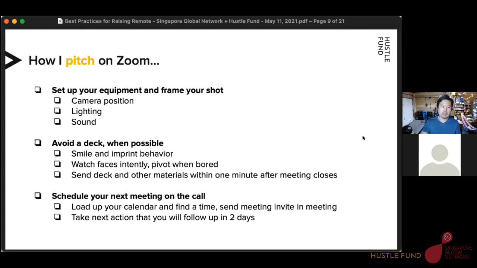Okay, so jumping back, have all those materials ready to share after your presentation so people have it as a reference that's shareable within their team and so forth. And I really like when founders do this. And I highly suggest that you get into this practice, even though it feels really awkward. In the meeting, pull up your calendar and schedule the next call.